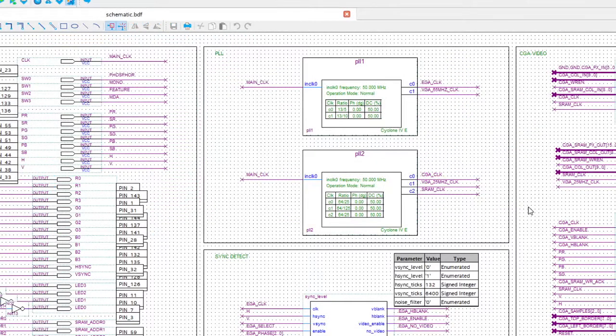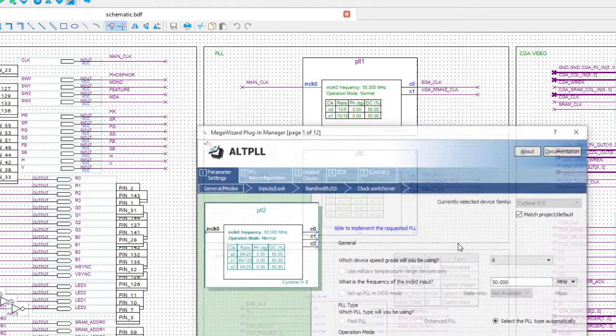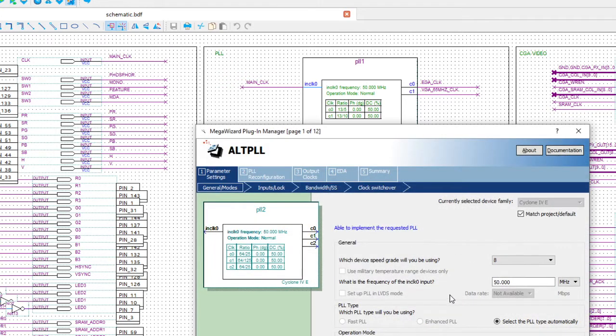There's two clocks of the FPGA. I don't know why or what, but this one is the PL1, and looking at this controls the EGA output. This is the PL2, this controls the CGA, and that's what we want. And what I had to do is click on that, right click, choose IP parameters. I'm not worrying about any of these items on here, so I go directly to the output